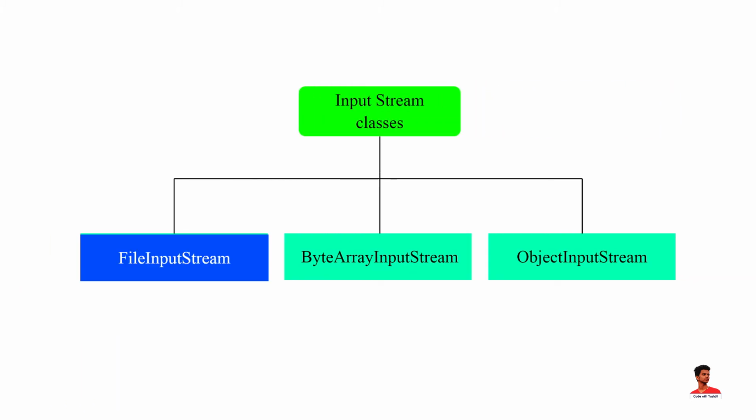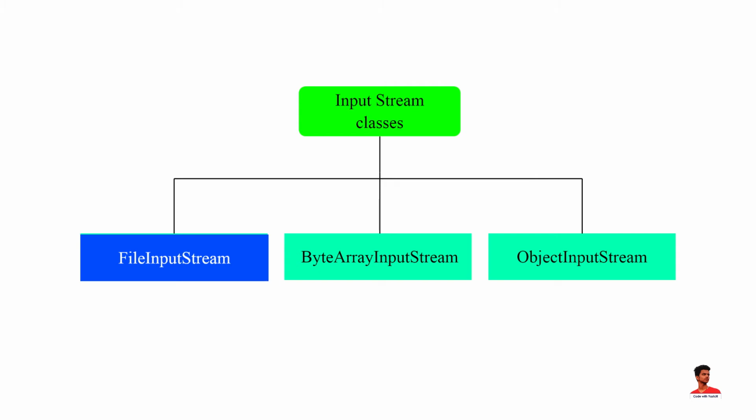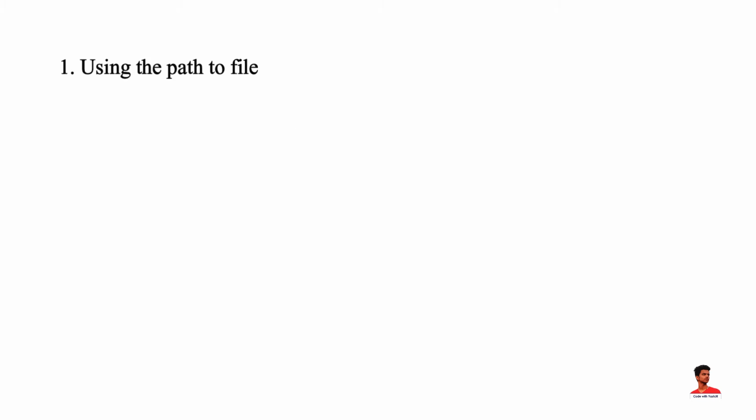The FileInputStream class of the java.io package can be used to read data from files. It extends the InputStream abstract class. In order to create a file input stream, we must import the java.io.FileInputStream package first. Once we import the package, we can create a file input stream by using the path to file using an